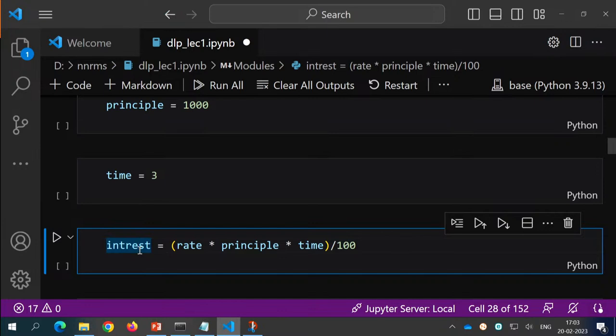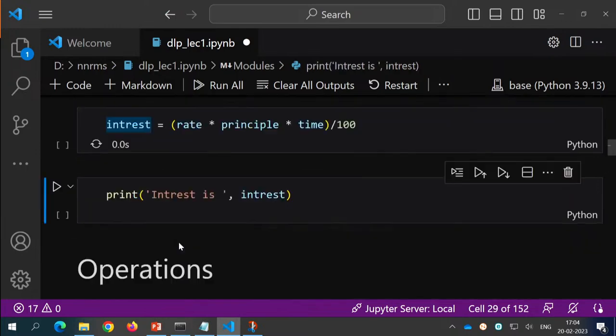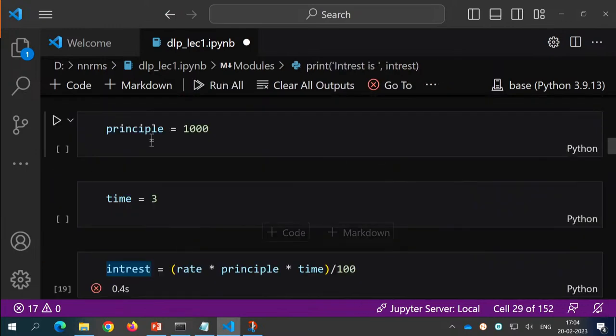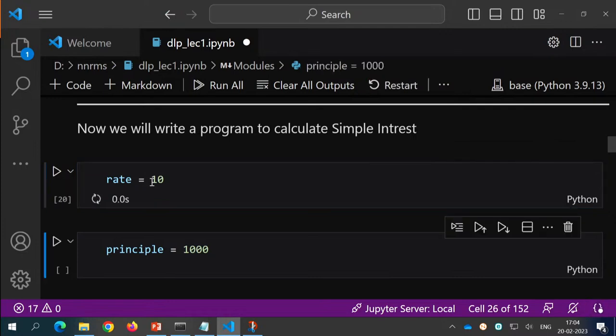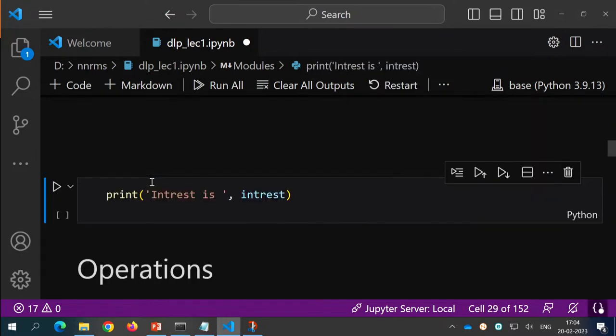Then for calculating interest, I have created a new variable called interest. I will write rate into principal into time divided by 100. That is the formula for calculating the interest. The value calculated by this formula will be stored in the variable called interest, so later on we can refer to it. Actually this has not run, so shift enter. If I write interest,